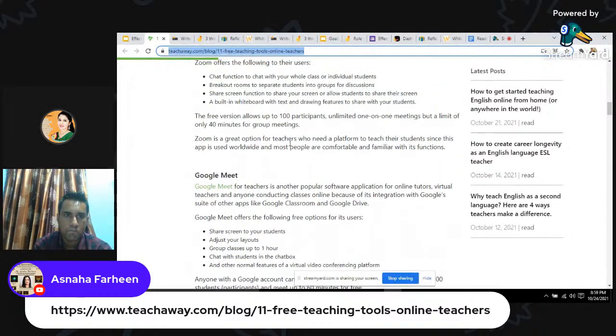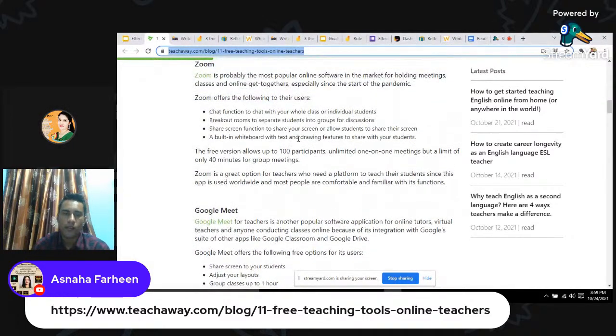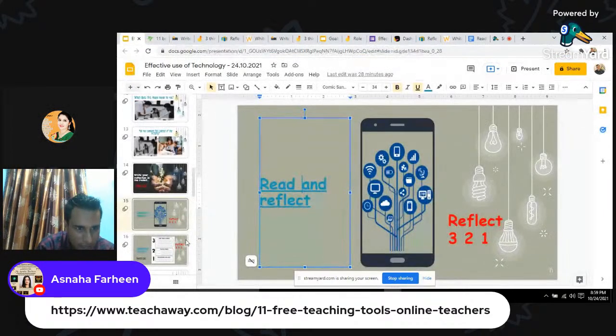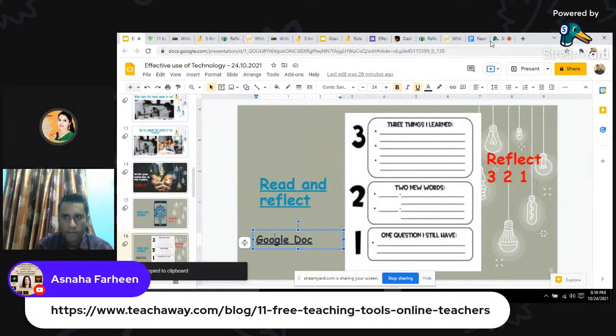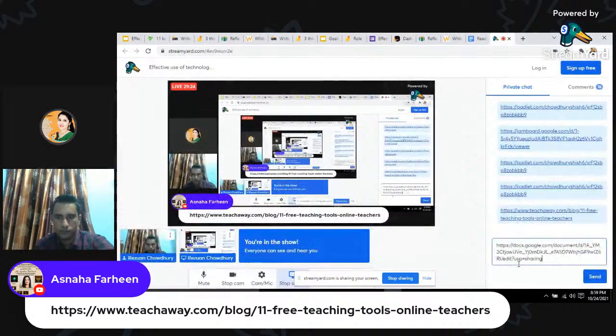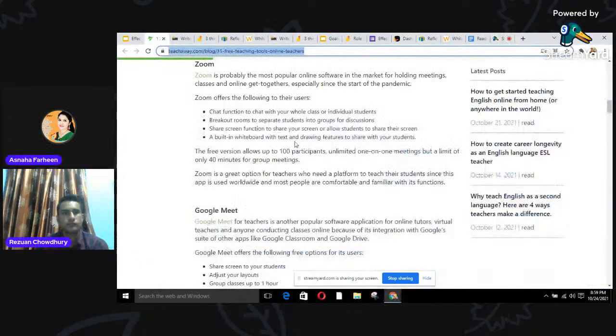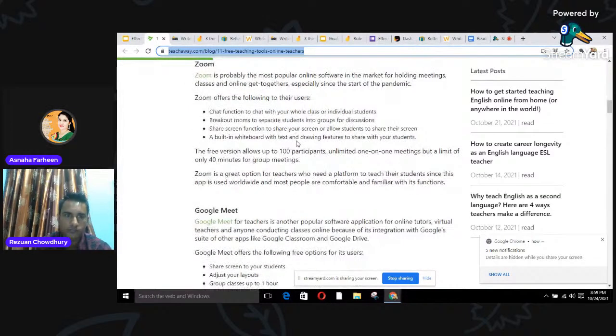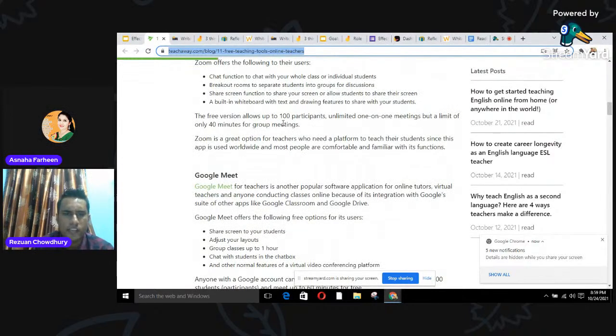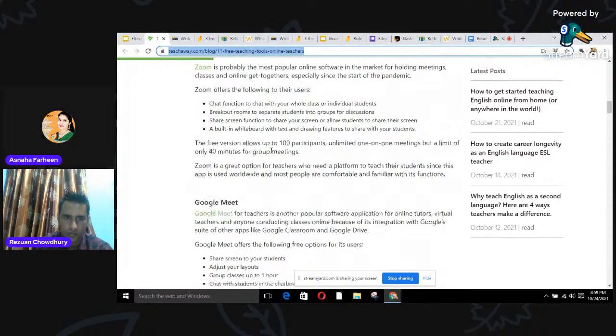So you can give it a read and just share what they need to do after reading it. They need to give a reflection in the Google Doc. All right. So read that article which has been shared by Rizwan and share your reflection later. How long are we giving? 2 minutes, 3 minutes? Yeah, 2 to 3 minutes. Just quickly see the things, because most of the tools you already learned about, so it will not take much time.